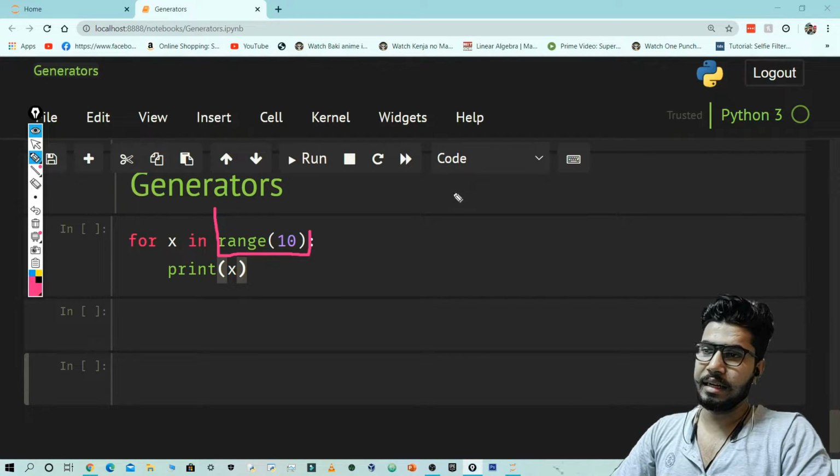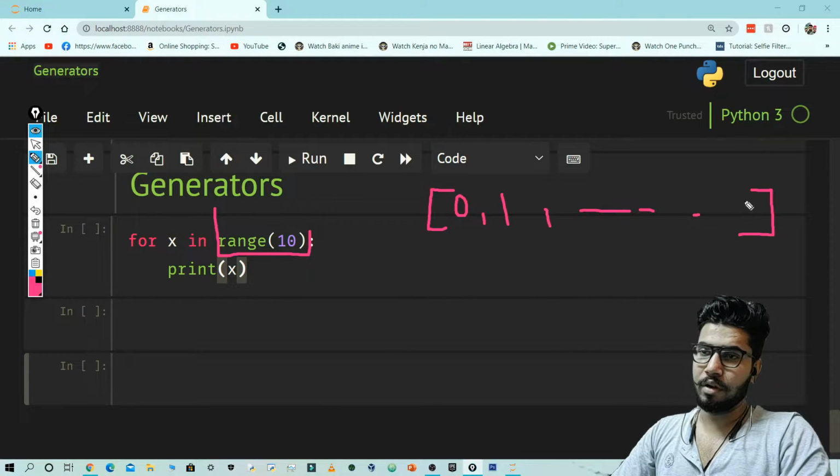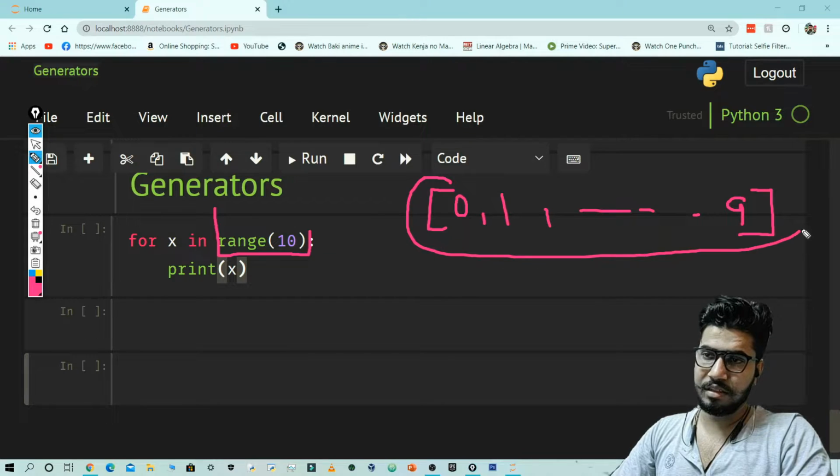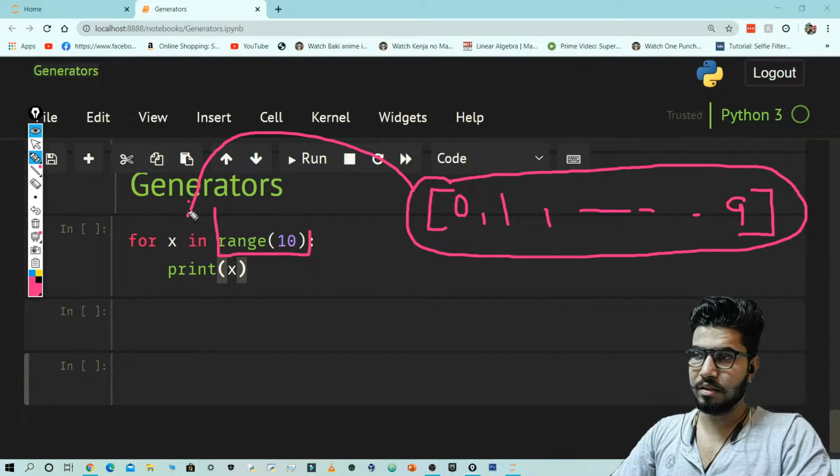It creates a list in which there are 10 numbers from 0 up to 9, and all of these numbers are first stored in memory. After that they are passed to x one by one.